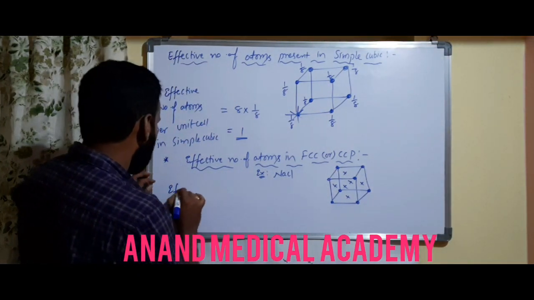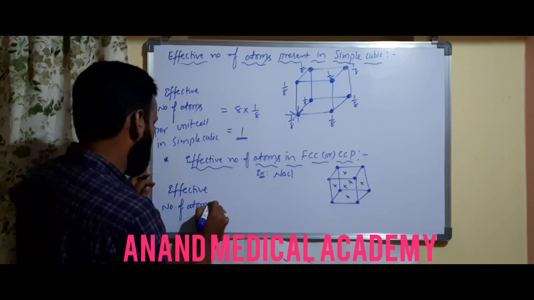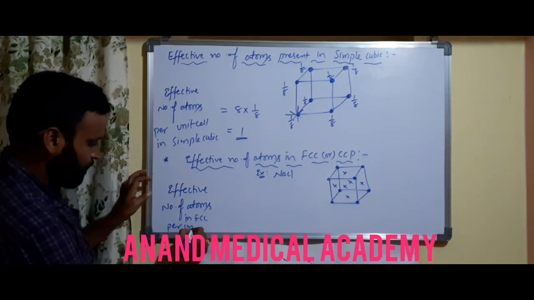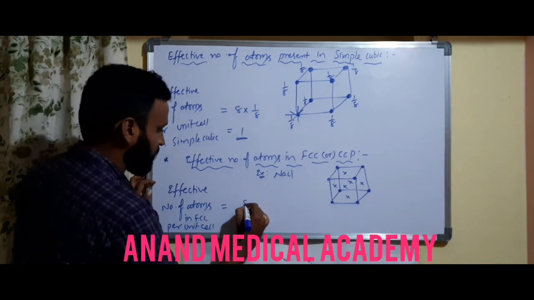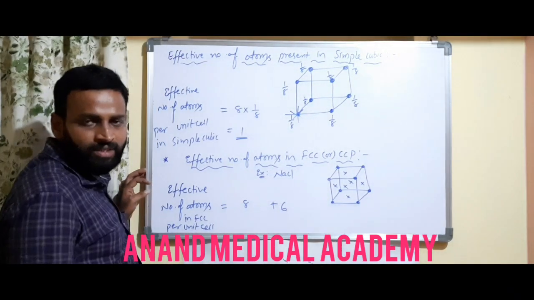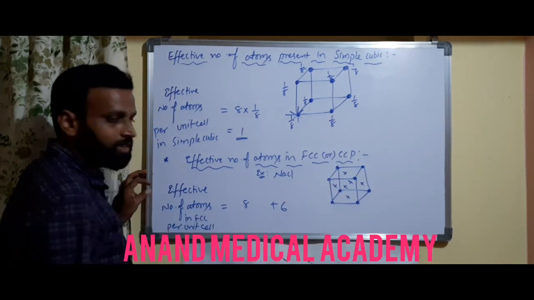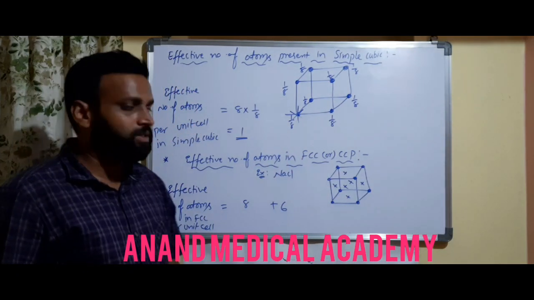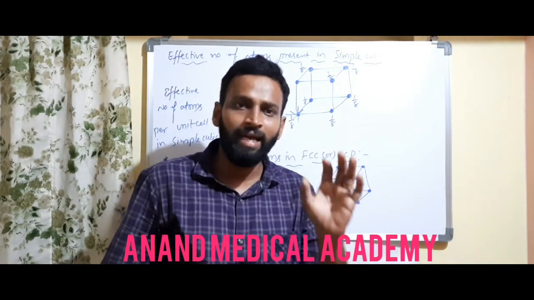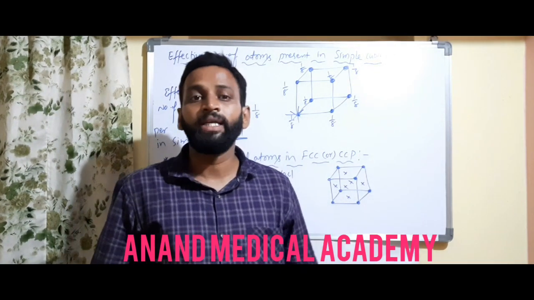So now how many effective number of atoms in FCC per unit cell? First you write down 8 plus 6. So positions I am writing first. 8 corners you have in FCC, 8 corner atoms, and 6 face atoms. But 8 and 6 do not belong to one. Sir, FCC 8 plus 6, sir, 14. Sir, I have 8 businesses, sir. Okay, in each business my portion is only 1 by 8, sir. Can I go with total profit, sir? No, it is not at all possible.